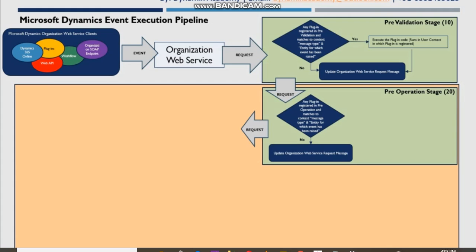But if the server finds that there are such plugins registered in the pre-operation stage for that entity type, then it will first execute that plugin under the user context for which the plugin is registered, and then check whether the context user has all the required access on the entity and all the attributes that are present in your custom code. If the user does not have access to any one of the attributes or fields being utilized in your plugin code and the context entity, then